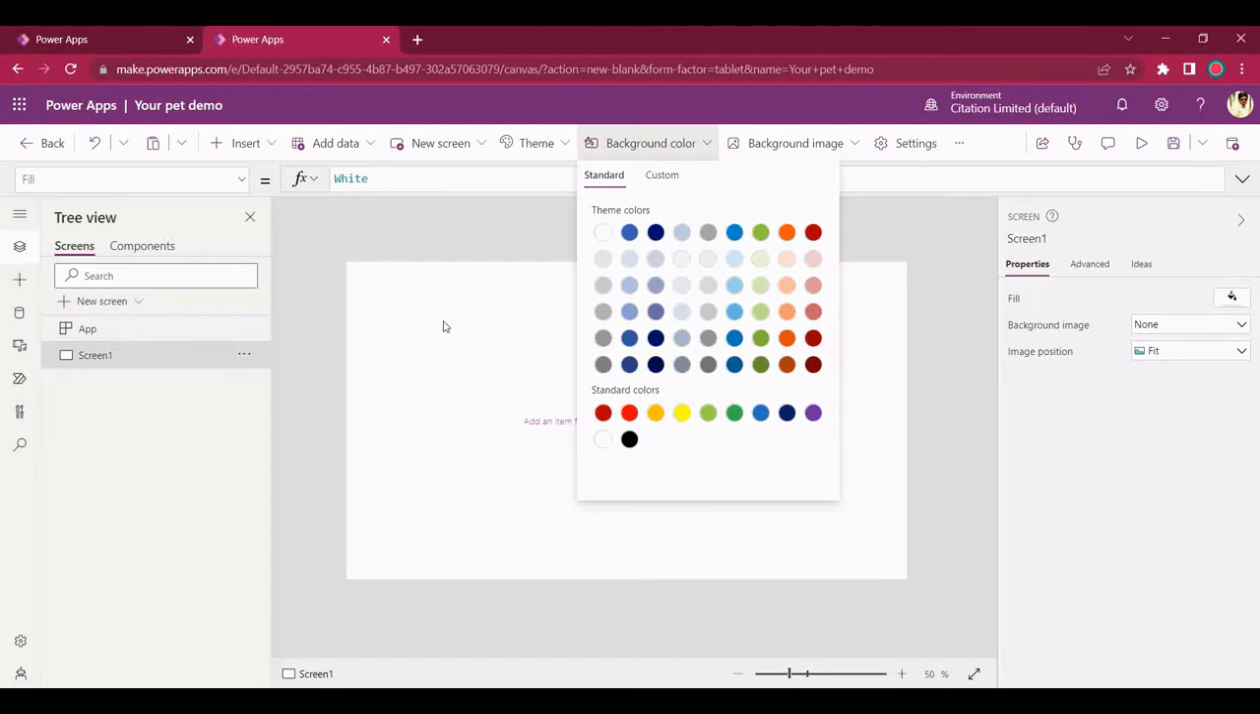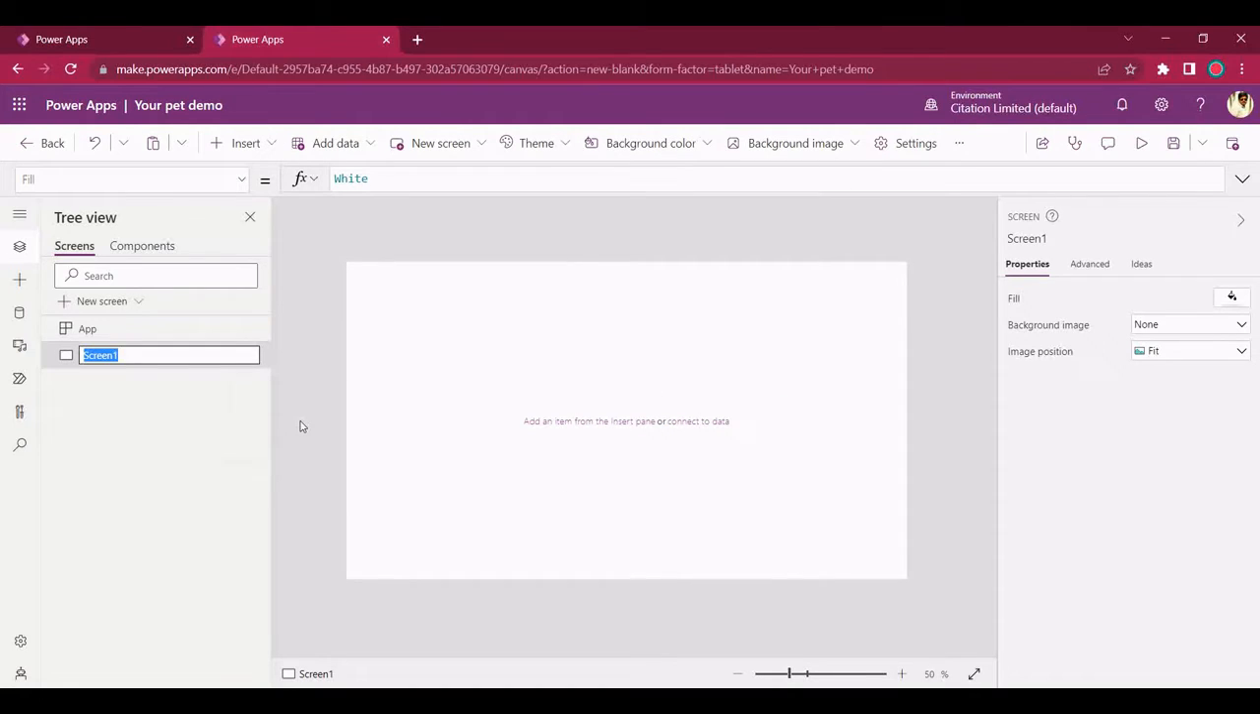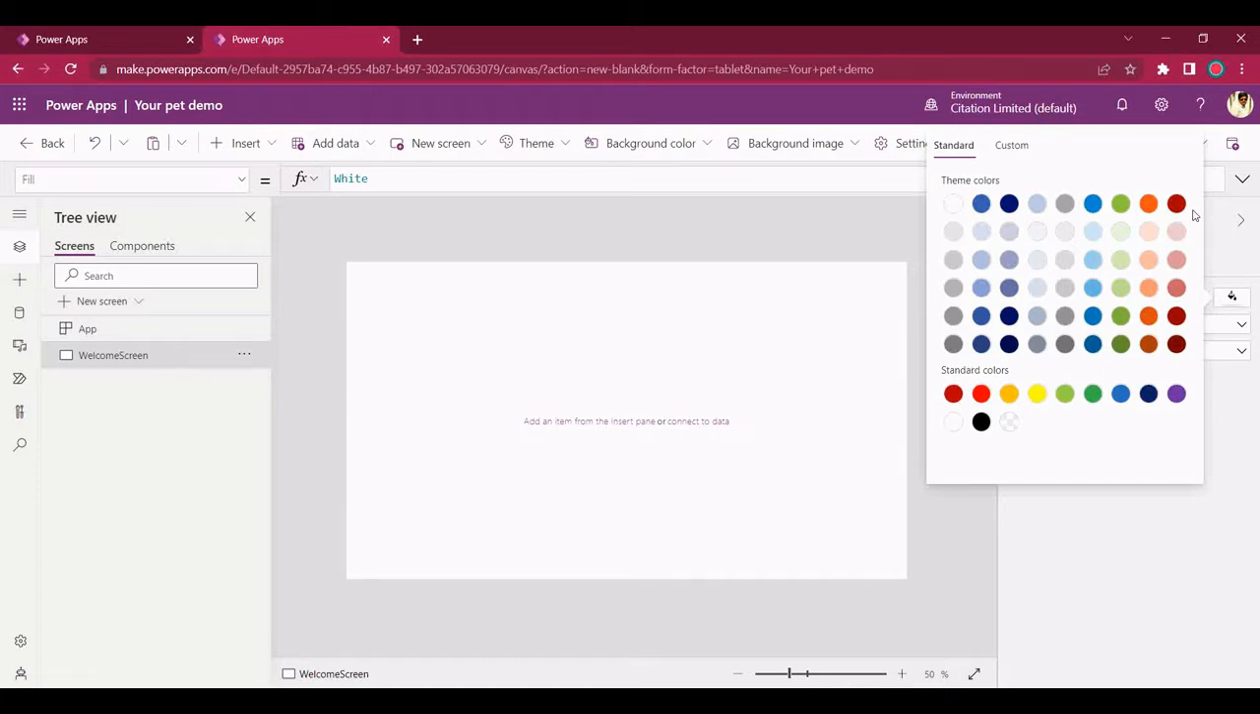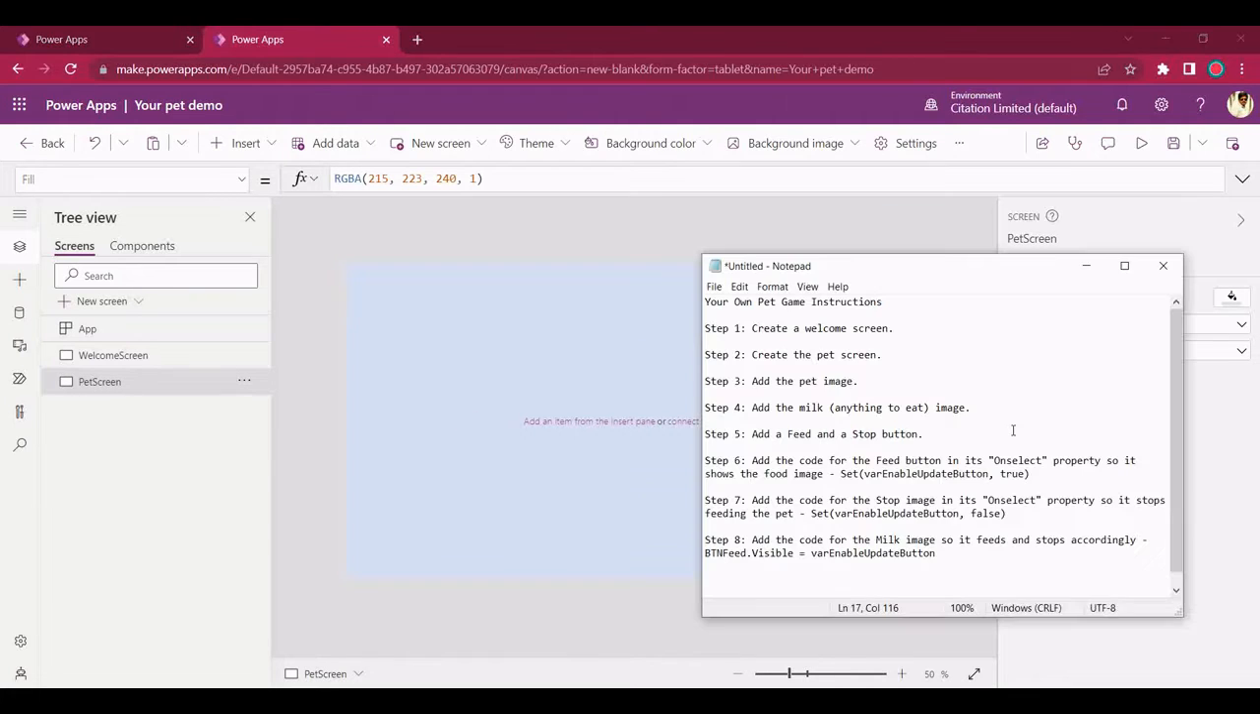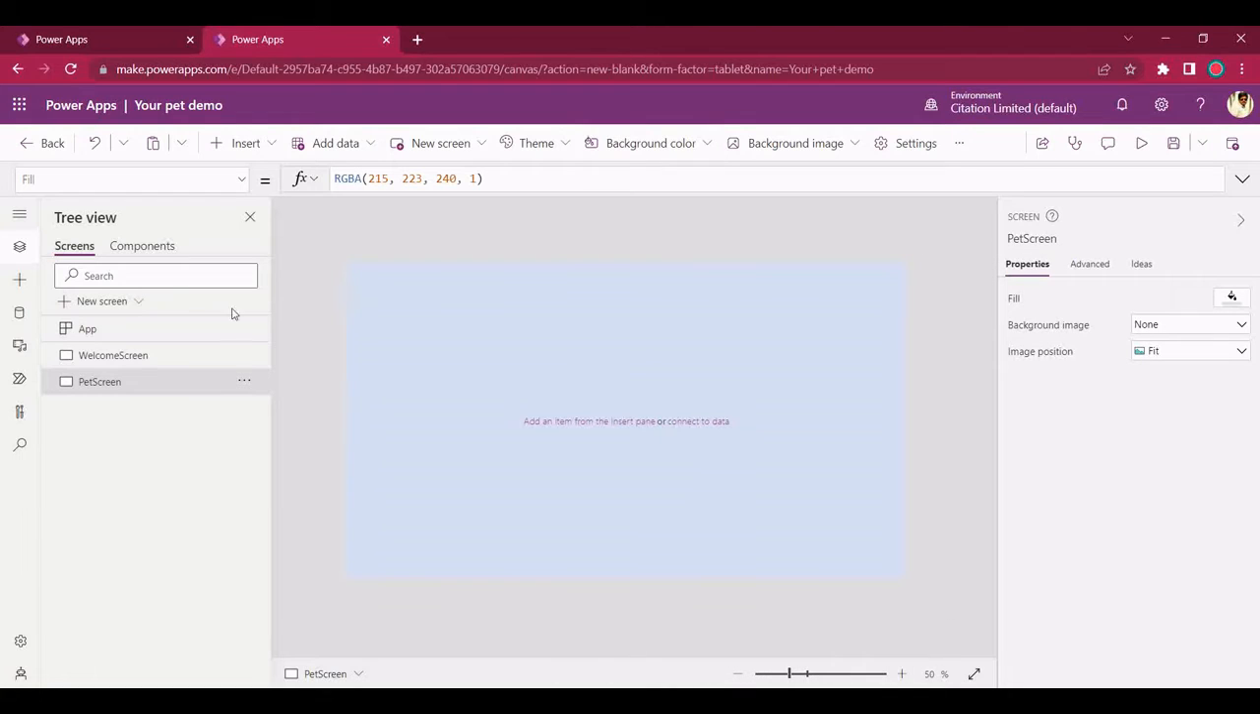Okay, first I'm just creating a welcome screen. And then I have the fill. Yeah, I just want this light blue color. Then what I do is I add the pet screen. Just duplicate this and rename it. Then what I do is add the pet image in there. I just create a welcome screen, so it's gonna be like